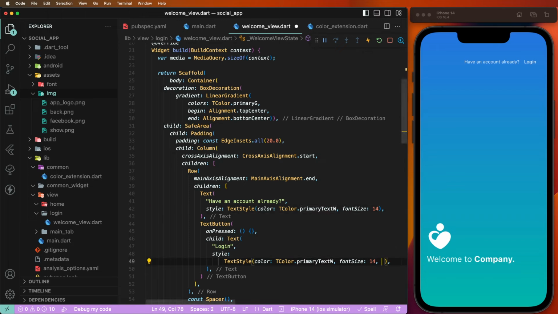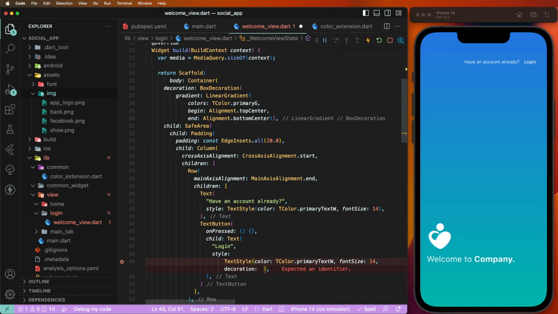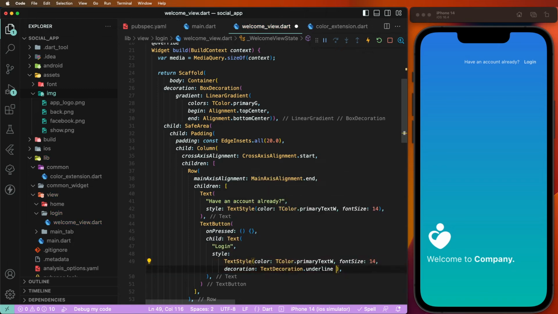So definitions. The decoration build need to get this here. Get this here the